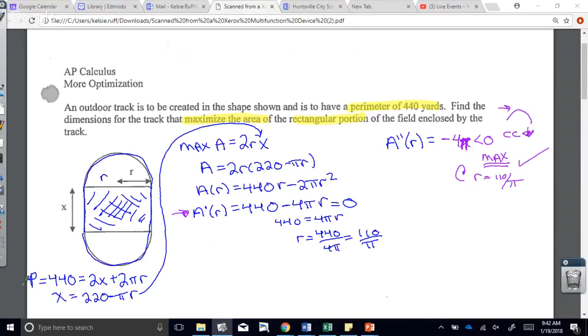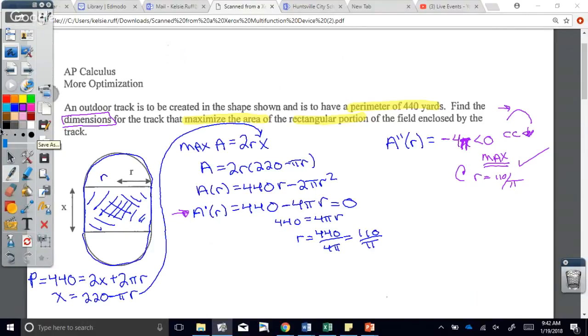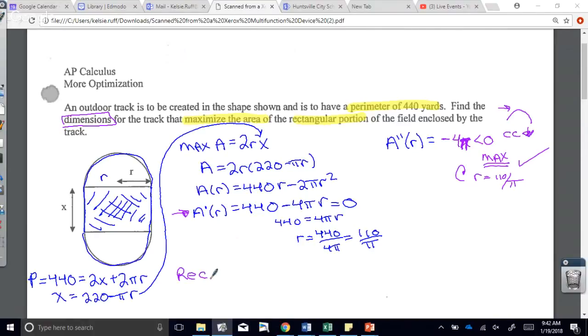Okay, so now we can go back. We know where the maximum occurs, but we've got to go back and look at the question. Okay, it says find the dimensions for the track. The dimensions of the rectangle we set as 2r by x. R is 110 over pi, so 2r is going to be 220 over pi